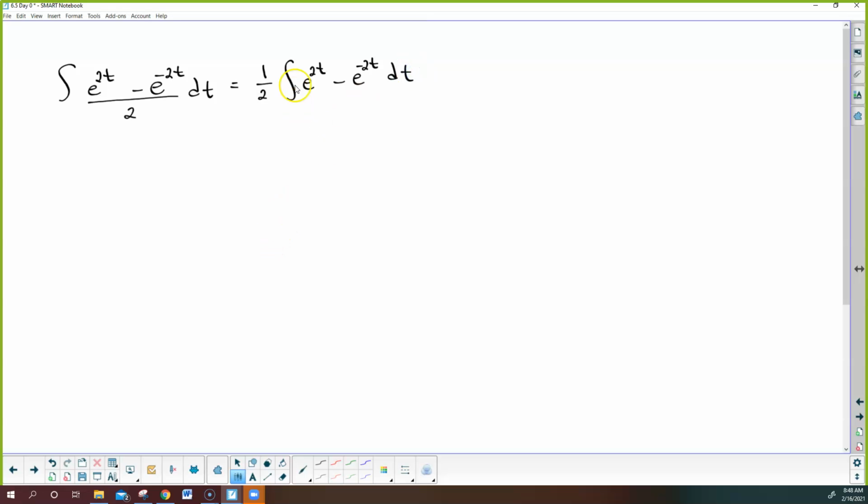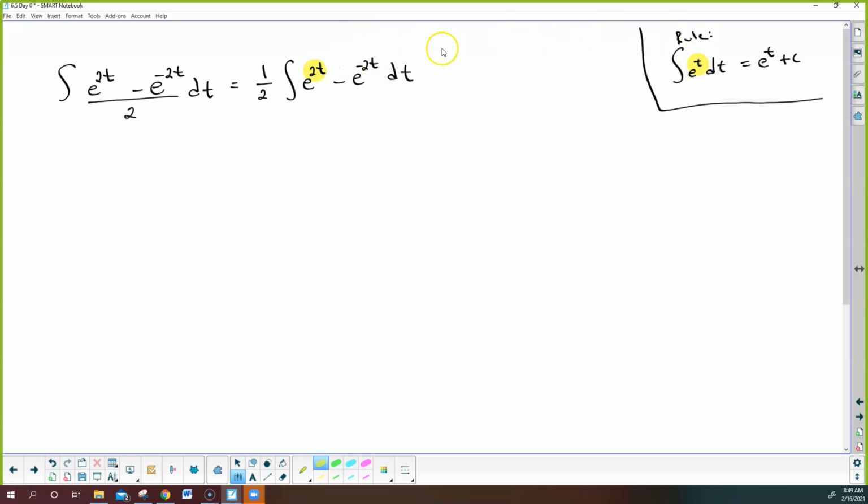And then I have 2 antiderivatives. Now, we know that if it was just e to the t dt, we know that that derivative or antiderivative is exactly the same, right? So we know that rule from before. However, the new part, and the part that's going to get a little more challenging, is what happens